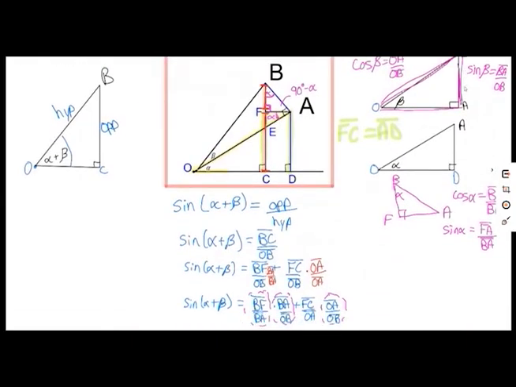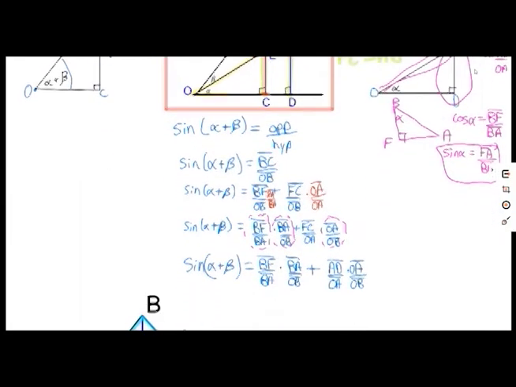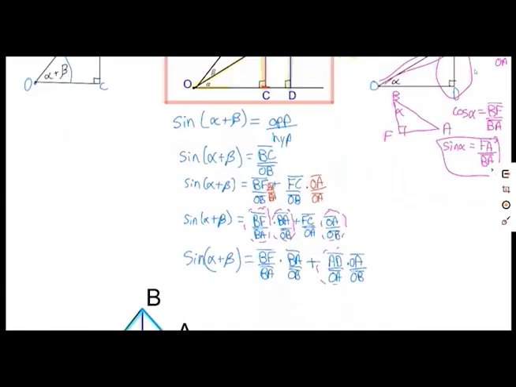We don't need that one. But it's there, that's okay. It's not going to hurt anybody. If I look at this middle triangle here, I can see that the sine of alpha is going to be AD over OA. So that gives me my last ratio that I needed to find in order to rewrite the